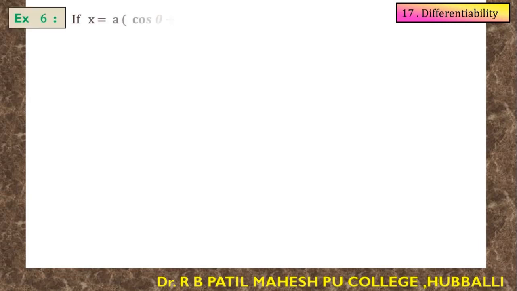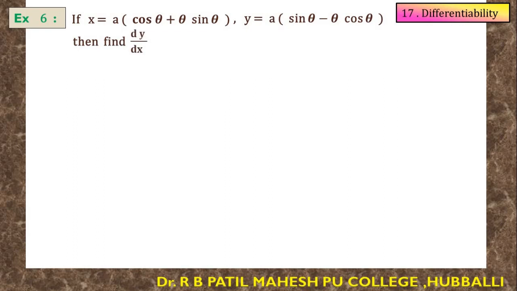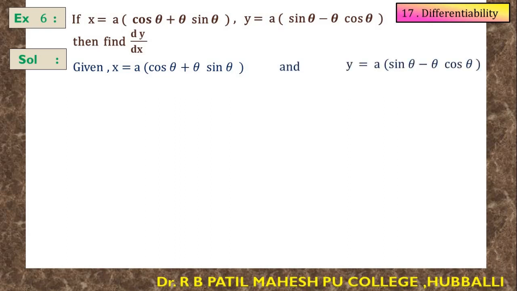Next example, if x is equal to a into bracket cos theta plus theta sine theta, and y is equal to a into bracket sine theta minus theta cos theta, then find dy by dx. Given functions x equal to a into bracket cos theta plus theta sine theta, and y is equal to a into bracket sine theta minus theta cos theta. Differentiate these two functions with respect to theta, that is dx upon d theta is equal to, now a is a constant, put the bracket, cos theta function derivative is minus sine theta plus,